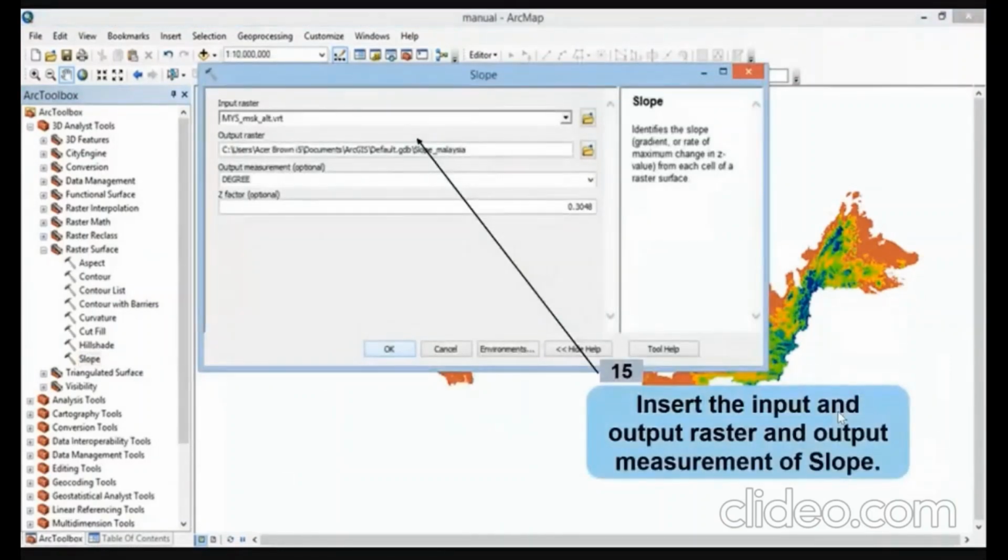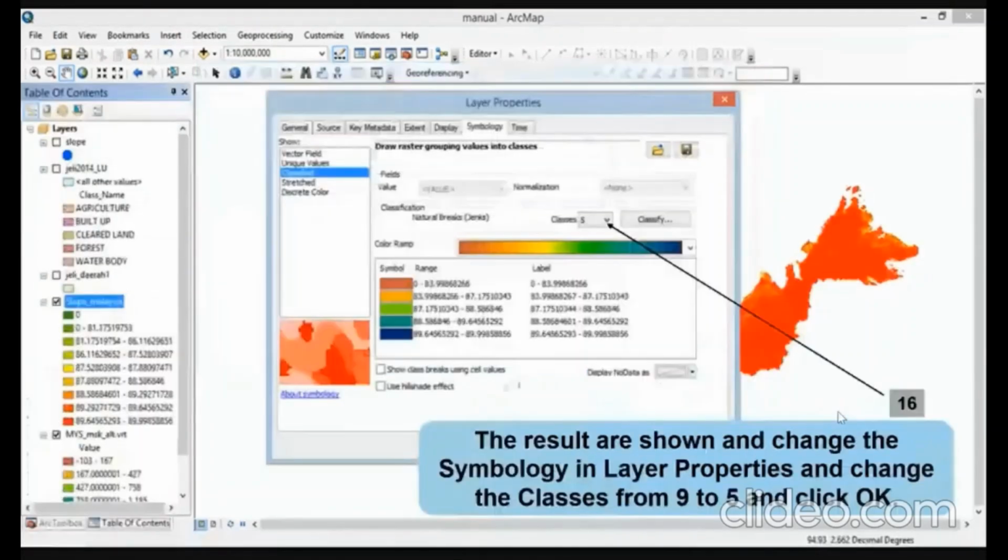Okay, so in this slope, let's identify the slope, meaning the gradient or rate of maximum change in Z value from each cell of the raster surface. So you insert the input and output raster and output measurement of the slope. Okay, for this one, you need to classify first